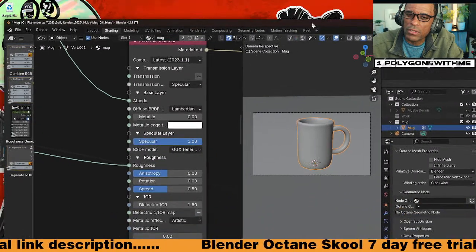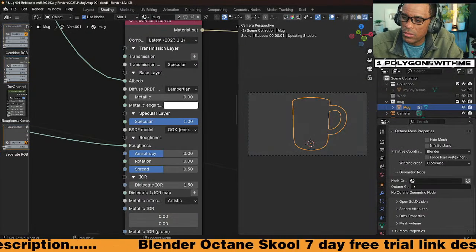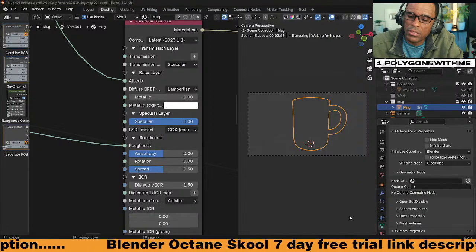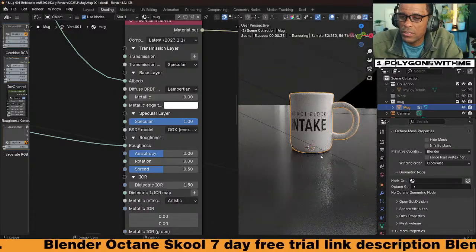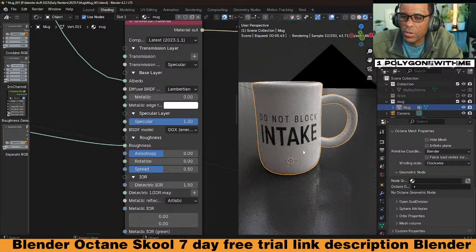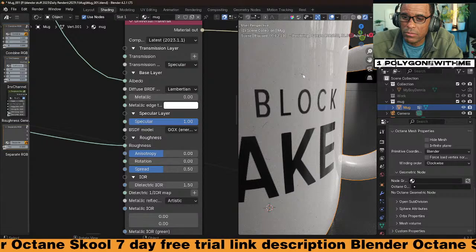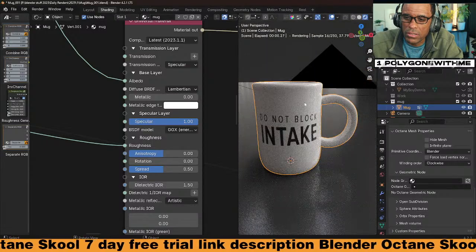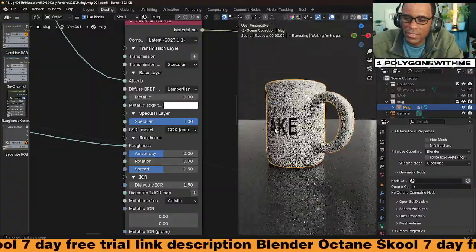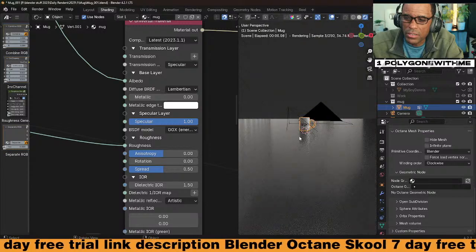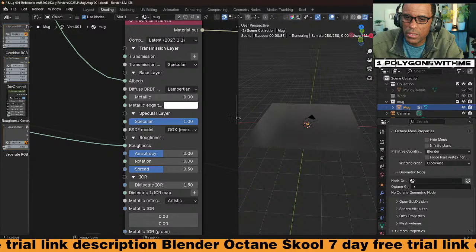Oh, I didn't want to open the file. I just opened the file. Well, let's see what we got going here. That's kind of what I got going. Nothing to write home to mom about, but I've got some really subtle details on here. Look at that. Again, just texture stacking. So that's the mug. I wonder if we should just build right off of this scene since I'm already in it. I think we will.